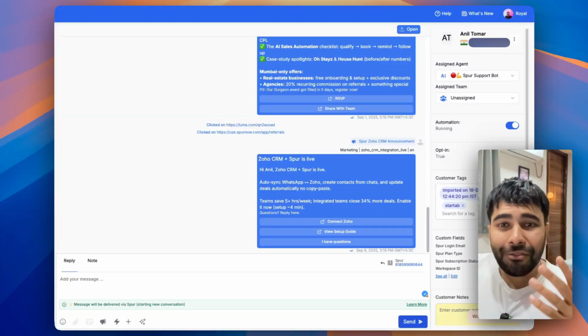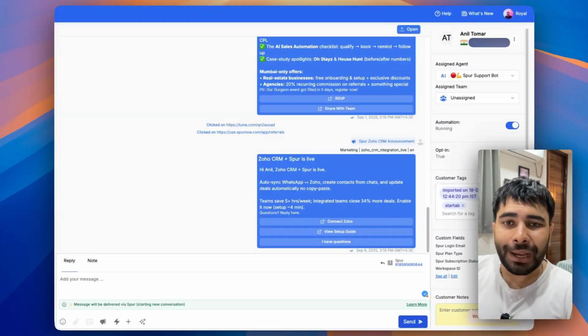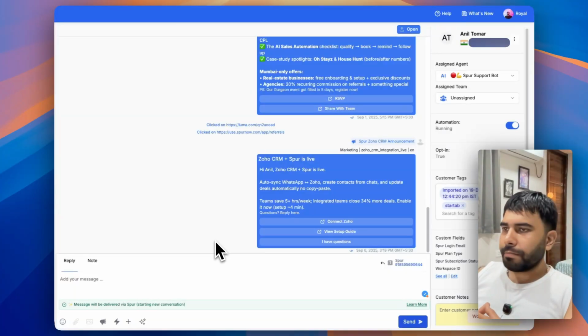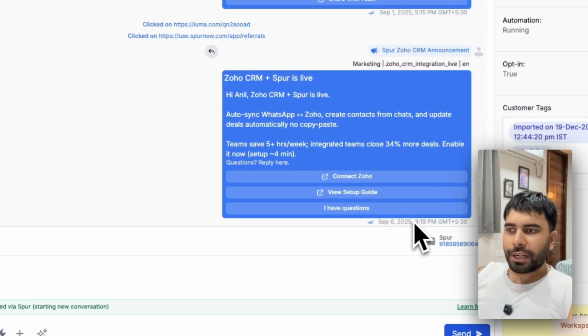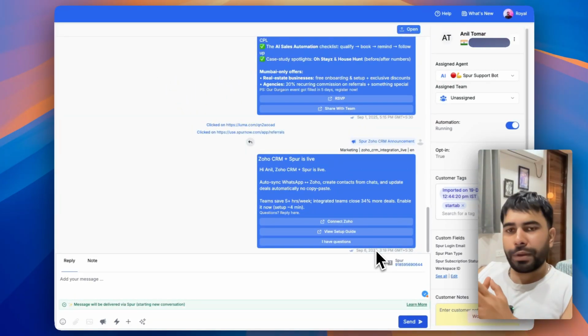This is something that every business wishes was available with WhatsApp API, and we just made it possible. This here is the inbox of Spur, and you can see we are talking to this customer. The last message was sent from our side on September 6th, and there has been no message from the customer